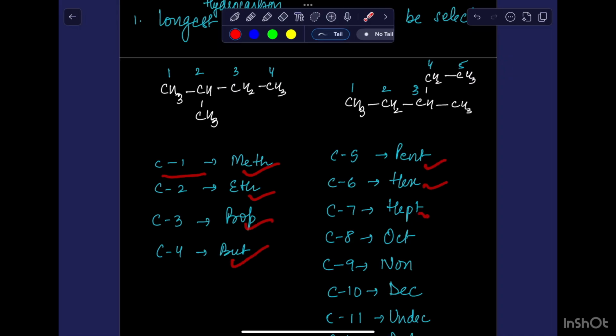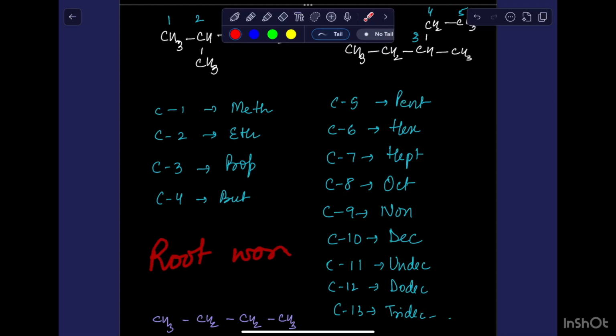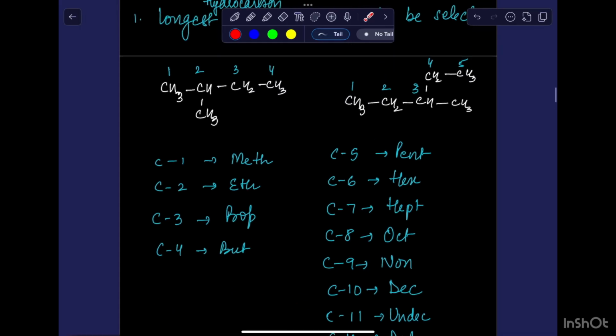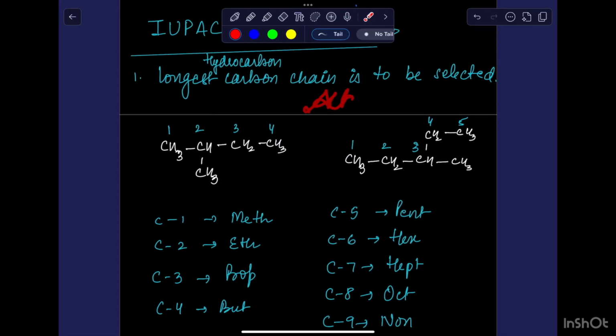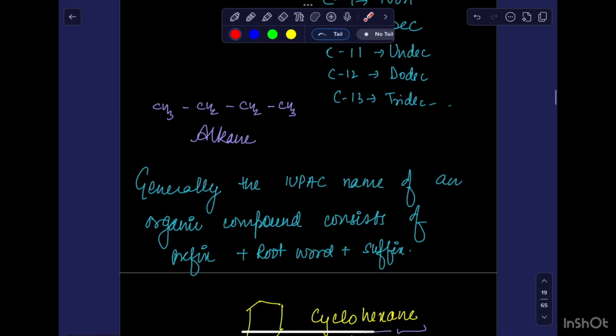If the number of carbon atoms is 1, 2, 3, 4, 5 and so on, they will be named meth, eth, prop and so on. You can pause this video and memorize the number of carbon atoms, and this is known as the root word. Both these compounds are alkanes because they contain saturated bonds. Saturated means no double or triple bond. So the first compound will be named 2-methylbutane, where methyl is not included in the main chain, and the second one is 3-methylpentane because it has 5 carbons,